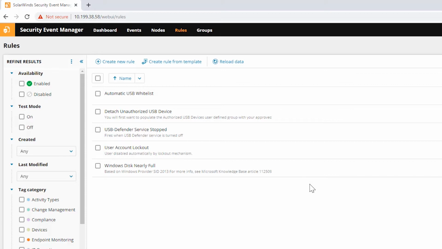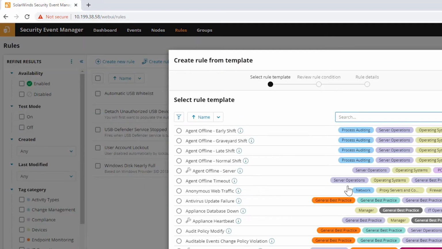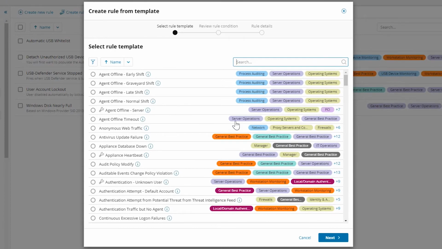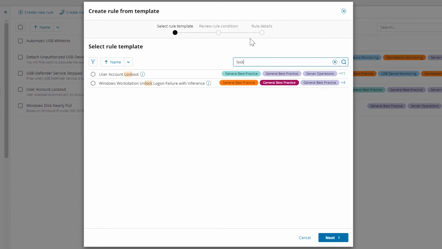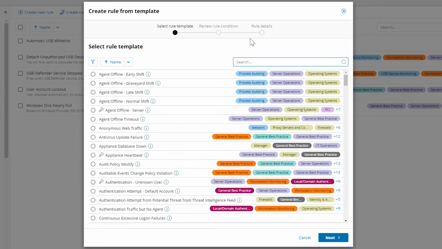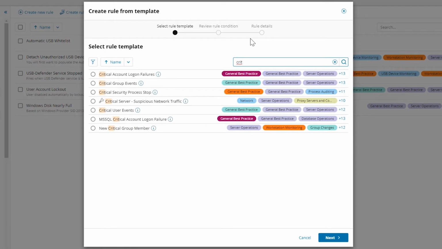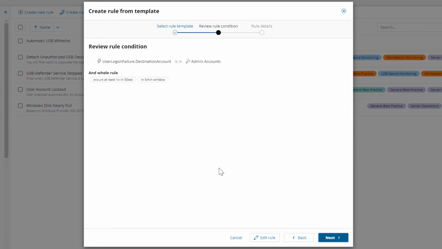So let's say we needed to build a brand new rule here for something like a critical account lockout. Okay, something we want to monitor our critical accounts for multiple login failures type of situation. We'll first check the template list and see if there's something that we can use that's appropriate for this. So we can do just a keyword search, anything that might be appropriate, such as account lockout, maybe, or critical account. So we got critical account login failures. We can actually hover our mouse over this and read the description for it. This sounds like about what we want to do, so let's try and clone that. Well, let's go to next.